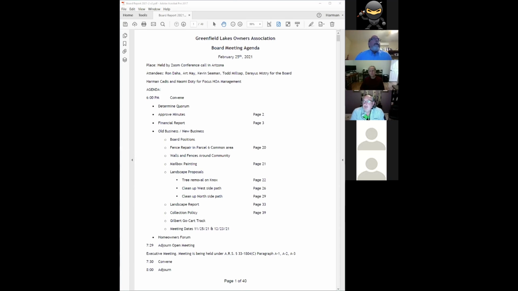Yes, we just took that down. So we'll include information. And it's a good point about the Gilbert Town Hall or the Gilbert meeting. That usually gets the attention of the town when homeowners show up for a cause that they're involved in. Thank you. Good point. That's huge. I appreciate that. Thank you. You're welcome.